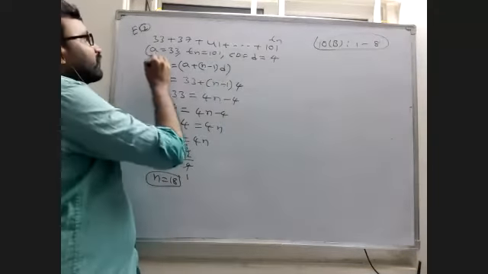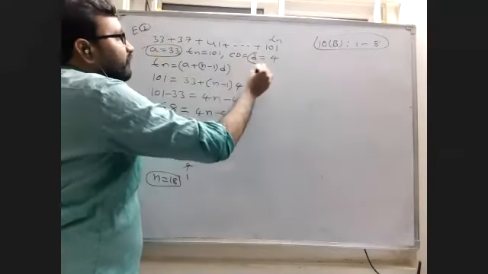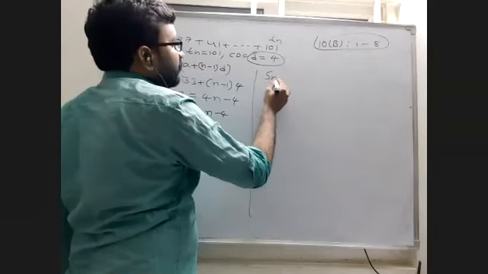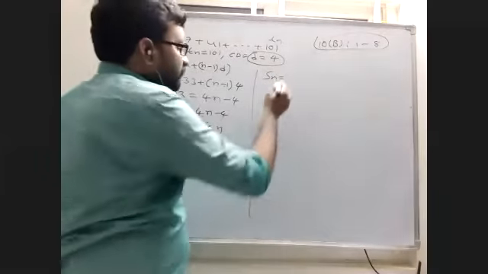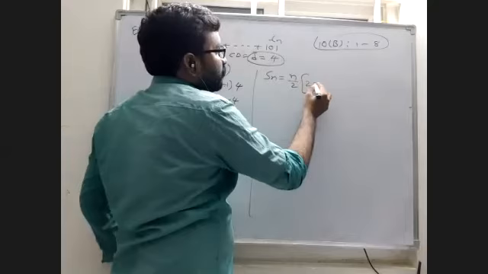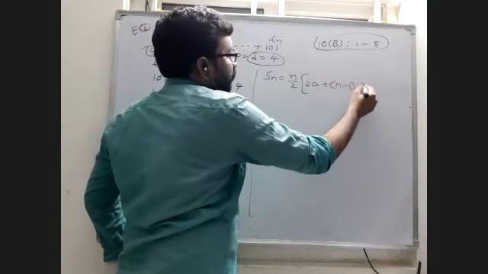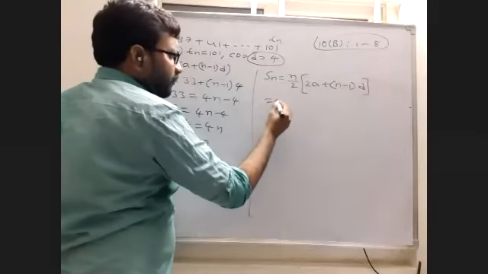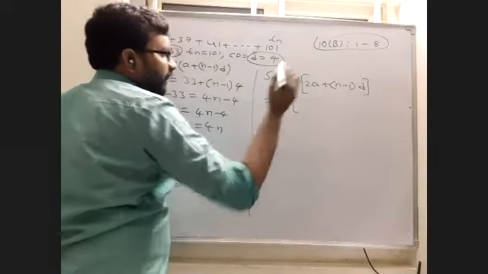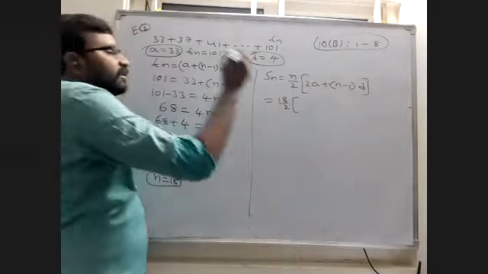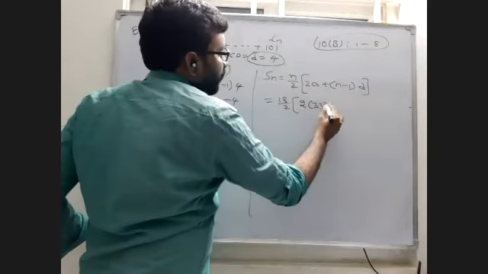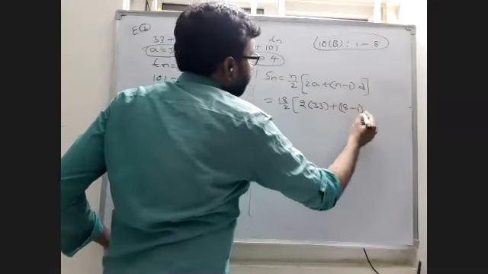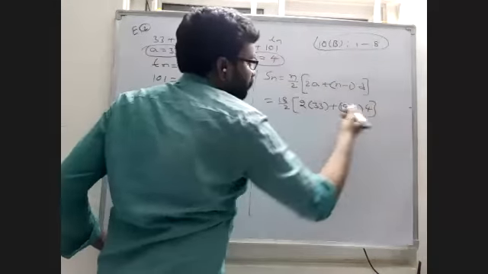Now you have a value, common difference, and n also. Now what is the formula to find the sum of numbers? Sn is equal to the sum of all terms. Sn is equal to n by 2 of 2a plus (n minus 1) into d. Now you have all values. Substitute here. n by 2, 18 by 2, bracket open, 2a, a is 33, 2 into 33 plus (n minus 1), n is 18, 18 minus 1, into d, d is 4. Now simplification.